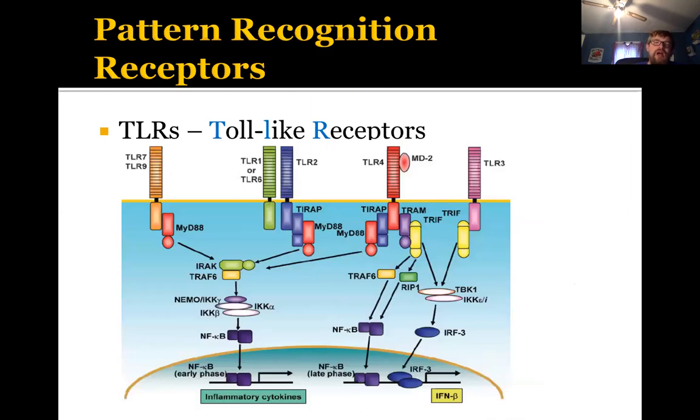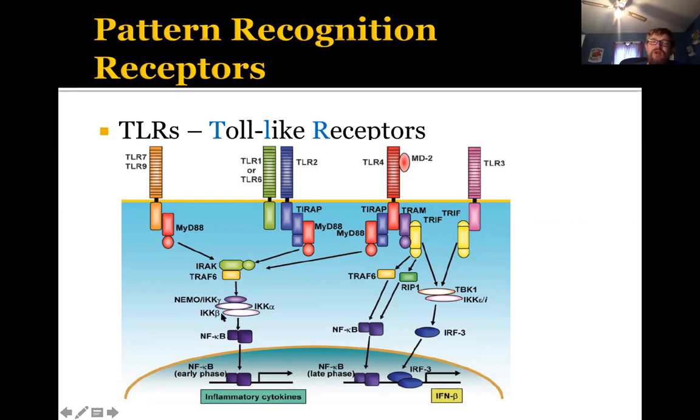I don't expect you guys to memorize this chart, but this is kind of a cool little signaling mechanism. If you remember when we talked about communication, I said that when a ligand binds to a receptor, it induces some type of effect. If you want to know how that happens, this is actually a diagram showing it. So in this case, if a ligand binds to one of these receptors, it activates a series of proteins that